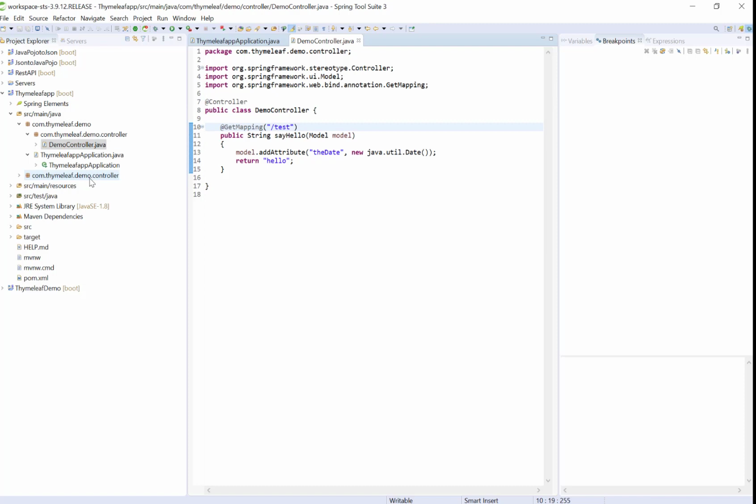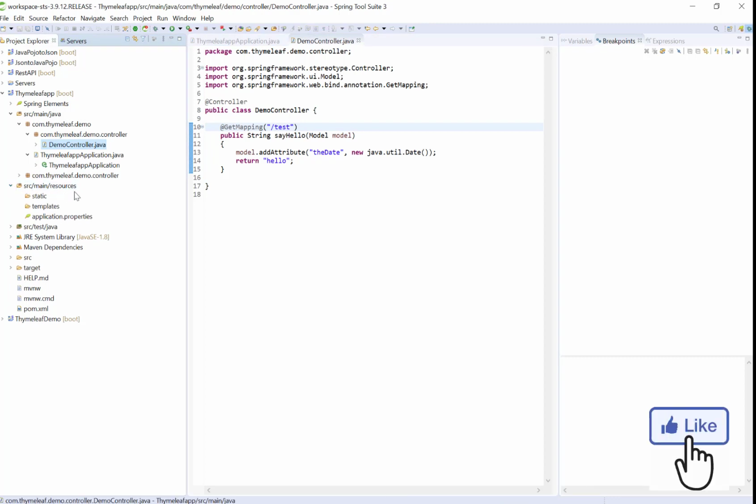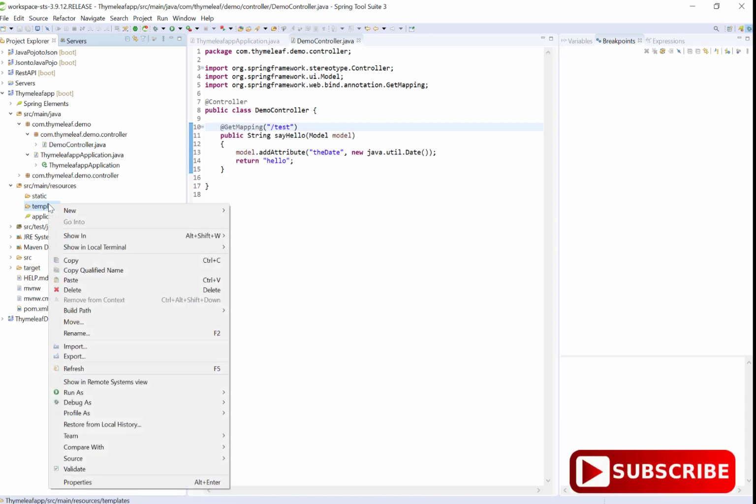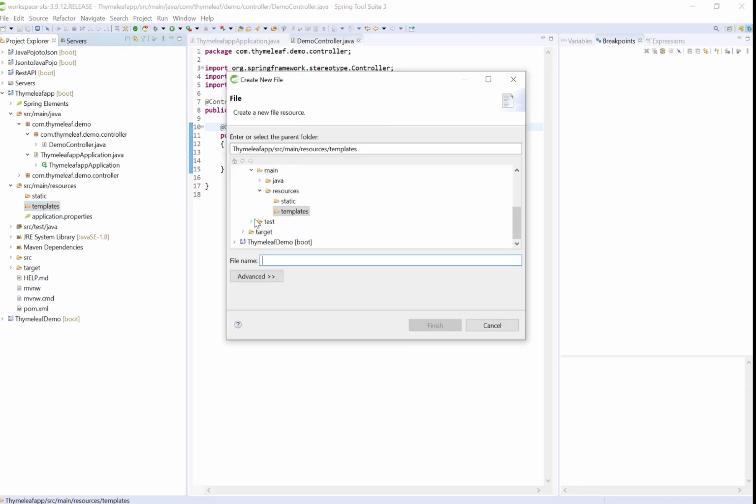To create the HTML file we need to go to the resource folder, src/main/resources. Inside that I have one templates folder. Inside this folder I need to create the HTML file. I gave the file name as hello.html.